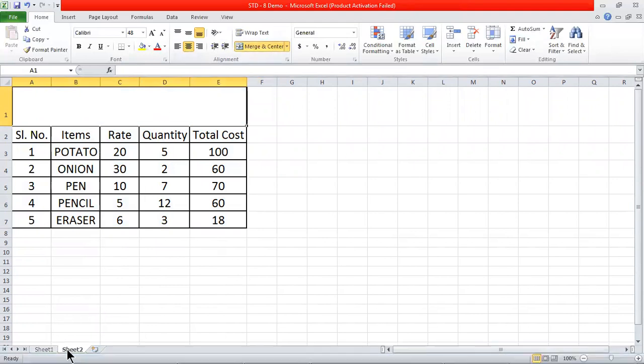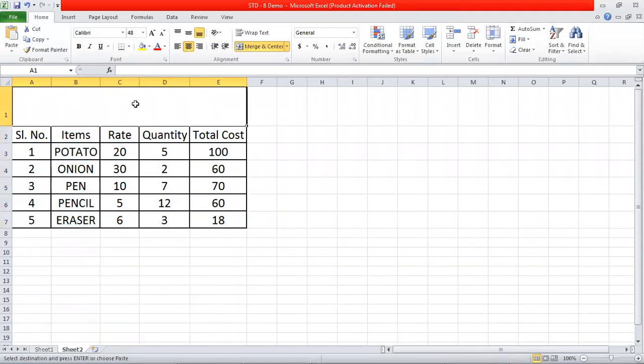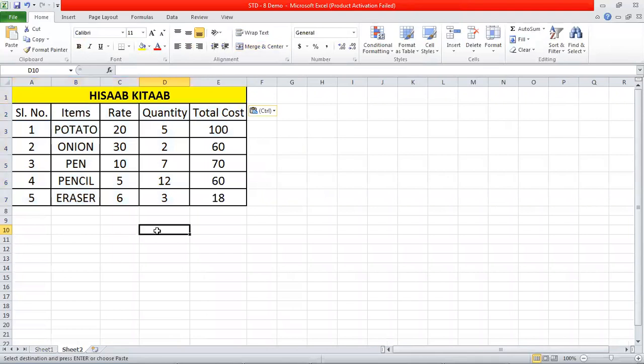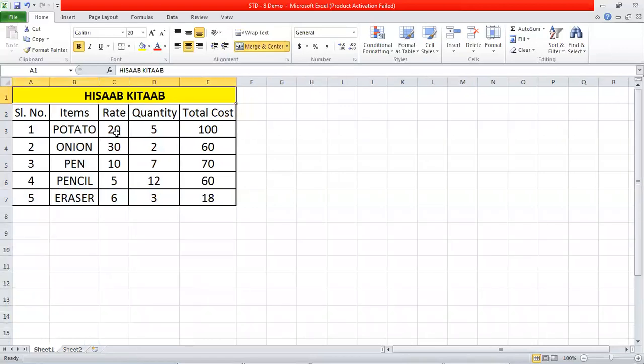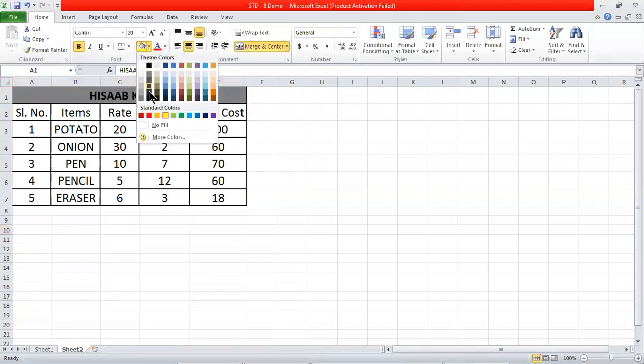And then let me copy the heading also. After merging, Control C and then Control V, Control S. Now suppose I have to change the rate, just double the rate. If the rate of potato is 20, I have to make it 40 here. Now, how to do this? Let me make it red in color, let me change the colors or else it will be confusing.